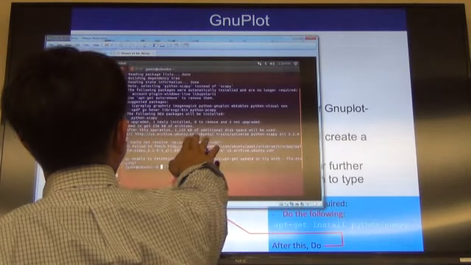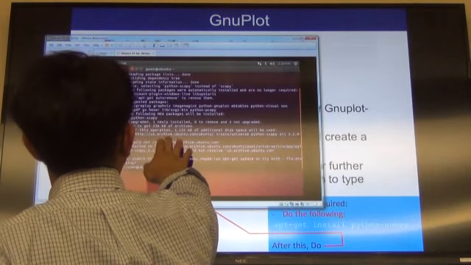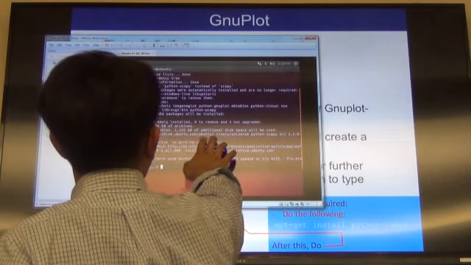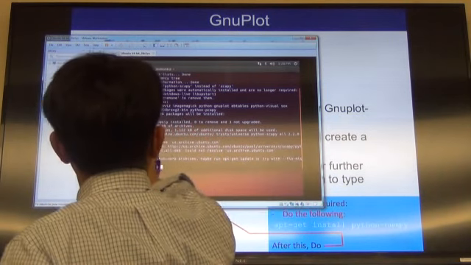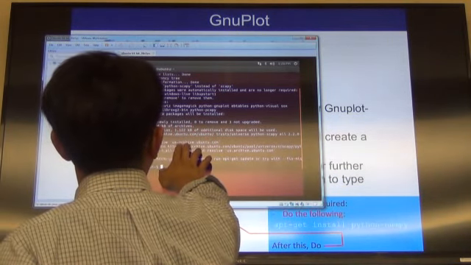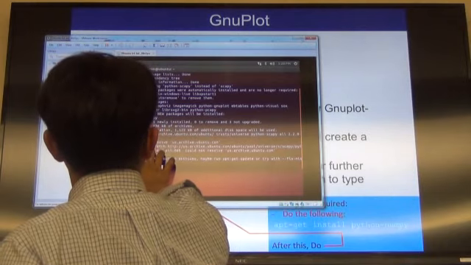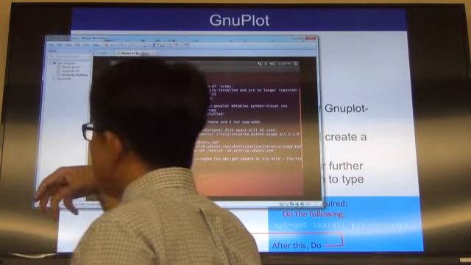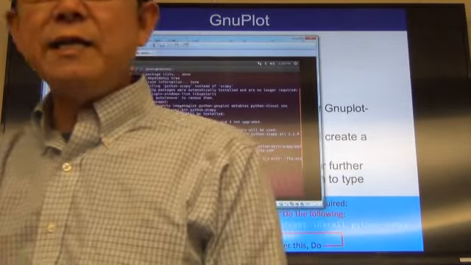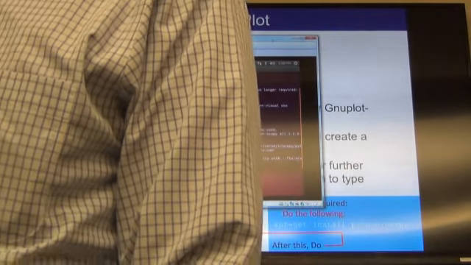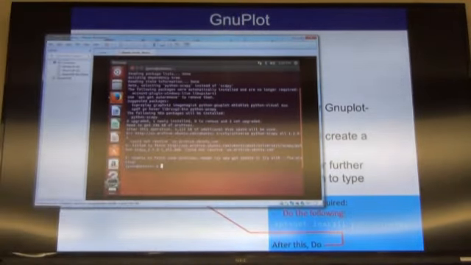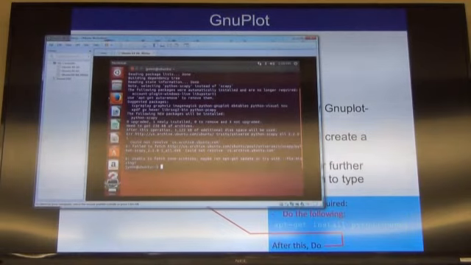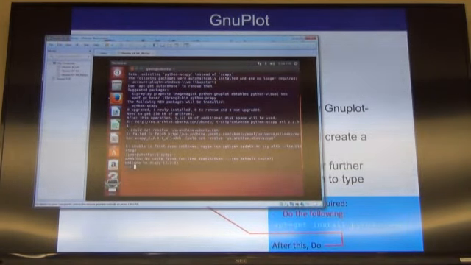After this operation, error: http archive ubuntu.com, could not resolve us.archive.ubuntu.com, failed to fetch. Failed to fetch means it didn't start to reinstall, so I'm okay, hopefully. How do I know that I am okay? If I type Scapy here, there is the user interactive mode, so that is okay.